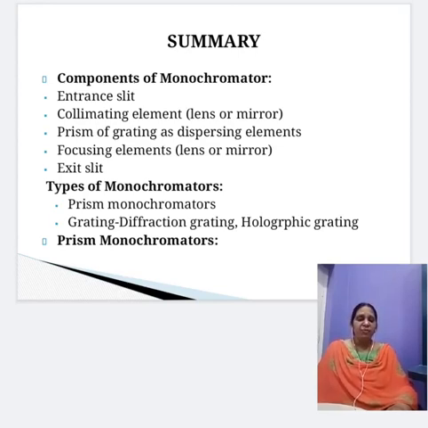Isolation of different wavelengths in the prism monochromator depends on one important factor. It depends on the refractive index of the material, which is different for radiations of different wavelengths. So how is this possible? When light from the source is made parallel by using the collimating lens, and it is made to fall on the prism, which acts as a dispersive element,